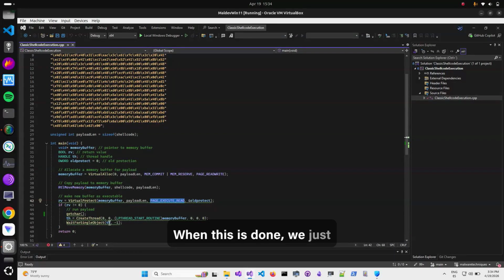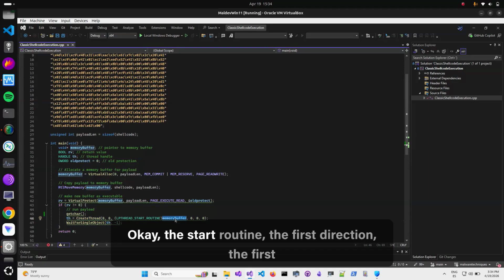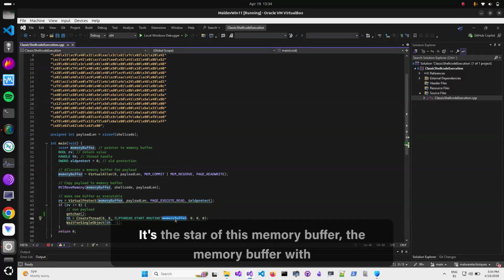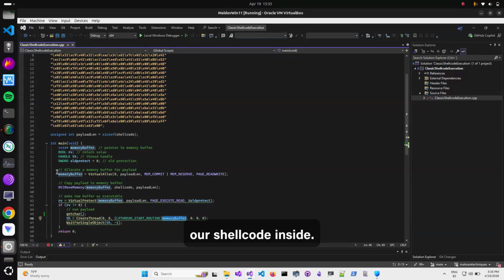When this is done, we just call the CreateThread function pointing to the memory buffer, okay? The start routine, the first address where the thread will go, is the start of this memory buffer, the memory buffer with our shellcode inside, and the result of this is the instant execution of our shellcode,